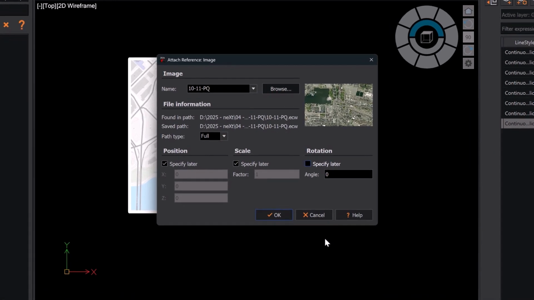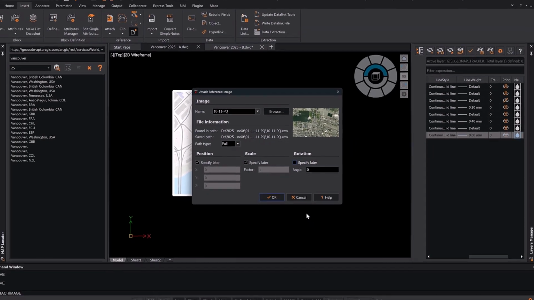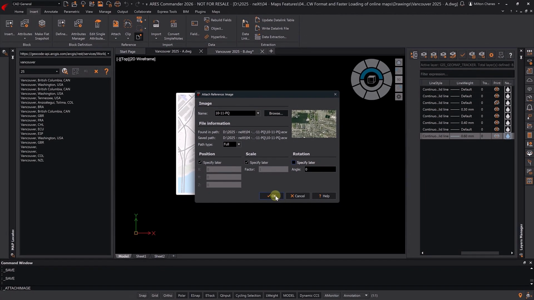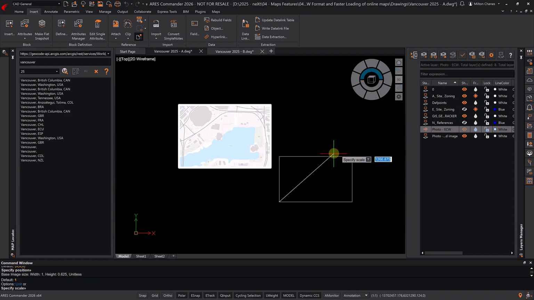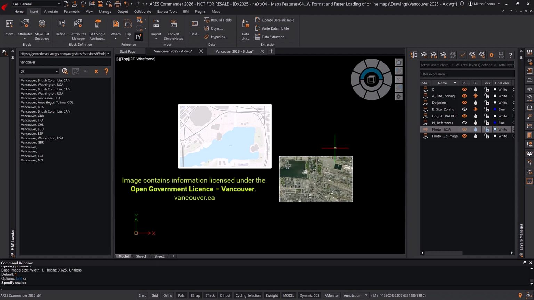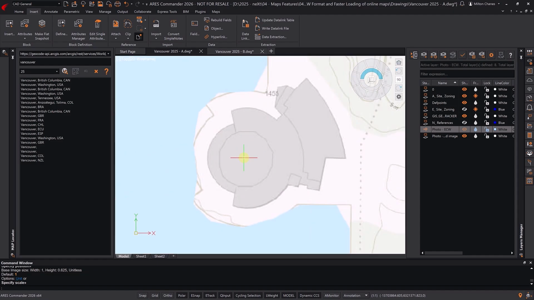As with any image, an ECW file must be properly scaled to match its real-world dimensions. If this has not been done, we'll need to adjust it manually, as I'll demonstrate shortly. Today, in our example project, we will compare orthophotos taken in 2011 with the latest satellite imagery to see how the area has evolved. First, let's draw some reference entities.